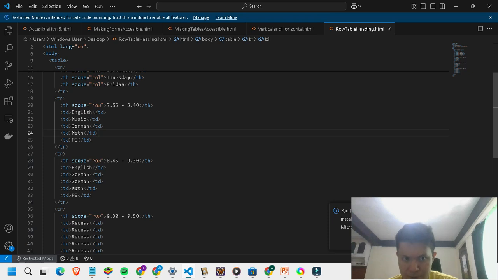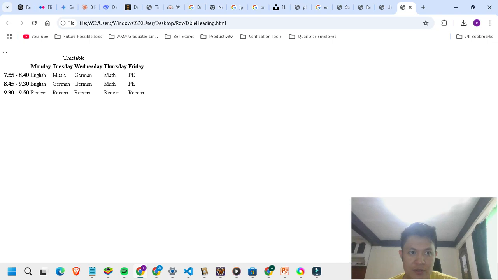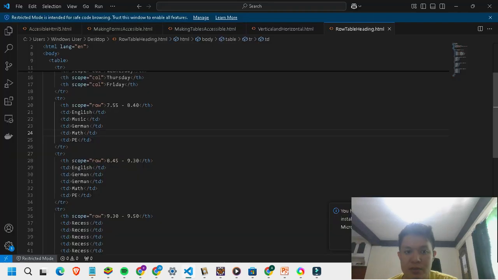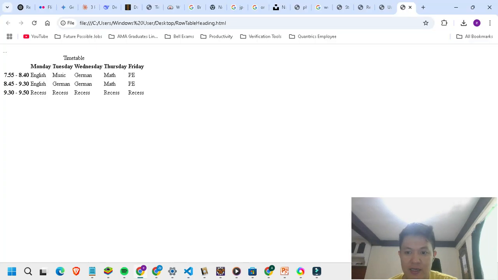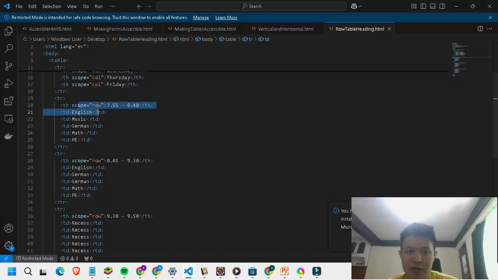It's in this table row. This table head is inside the table row. This table, English, music, German. So it cannot have a table head. So basically, the table head is only for columns.